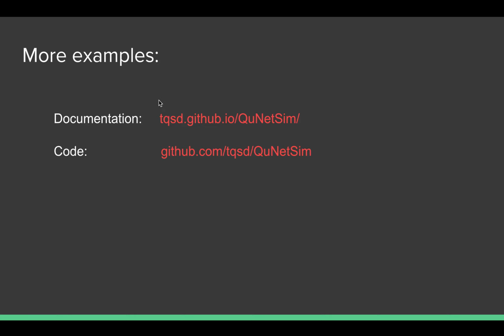We have our documentation, which we wrote, and you can find it here, as well as some further examples, all the code open source. We have maybe 10 to 15 examples that are a bit more complicated than that one. And you can really start to get more in depth. You can see how protocols written in a research paper translate to QuNetSim code.